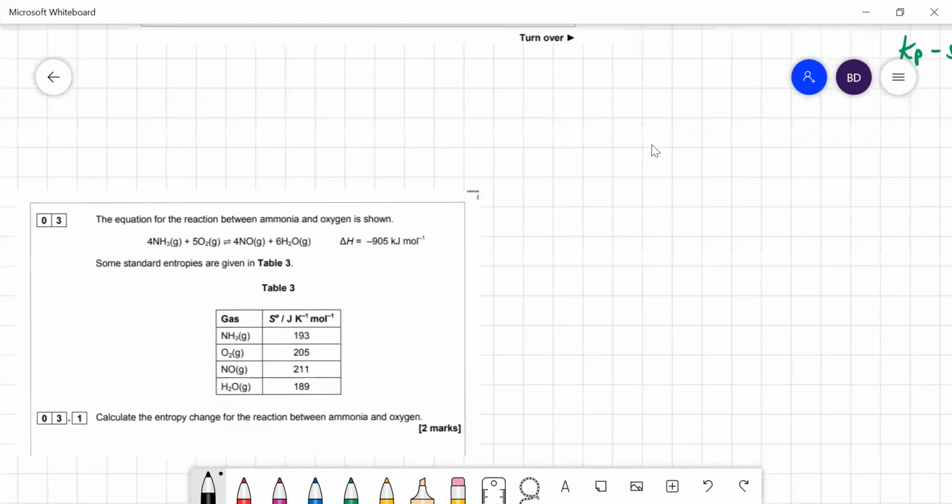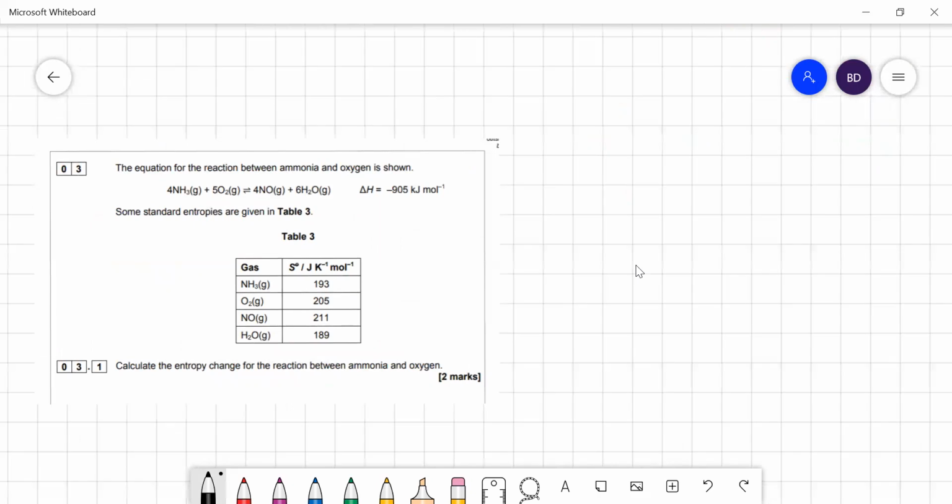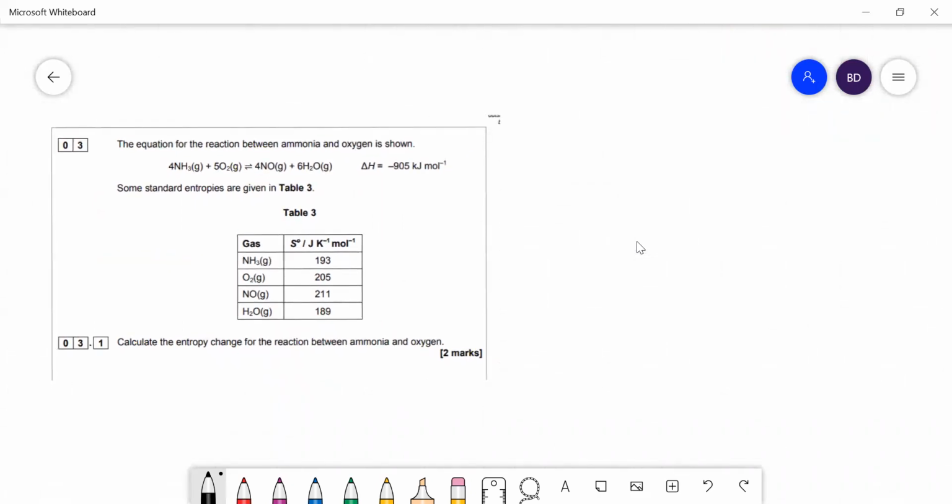Right, now this question here is about entropy changes, delta H and delta G, which gives free energy change. It says calculate the entropy change for the reaction between ammonia and oxygen. So what we've got to do is, the change in entropy, delta S, is going to be equal to the sum of the entropies of the products minus the sum of the entropies of the reactants. So if we just look at this equation here,